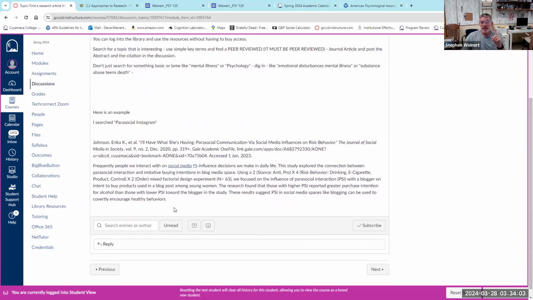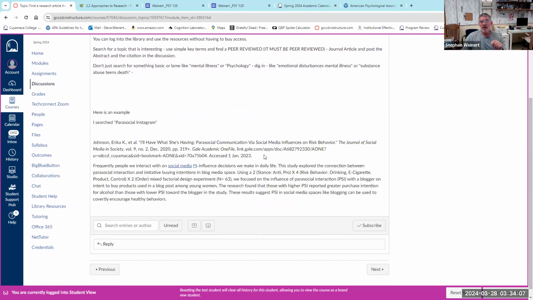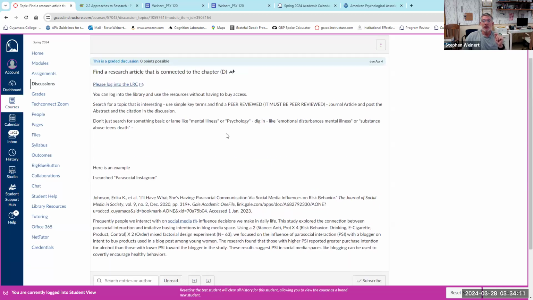So this is an example of a research study. This is not a link from Google. This is a peer-reviewed academic journal article. So I'm going to force you to log into the LRC, the library, to do this. If you cannot log into the library, there's a librarian chat help. You can go on the library and they can look for it. There's a bunch of other tools the librarians can share with you. And that's a really important thing to do, because librarians are the keeper of